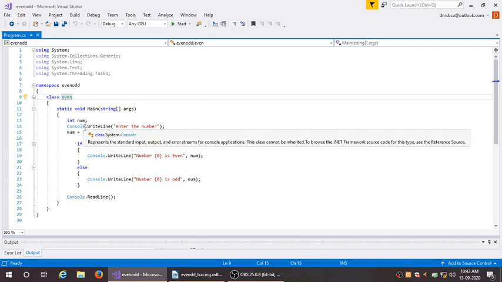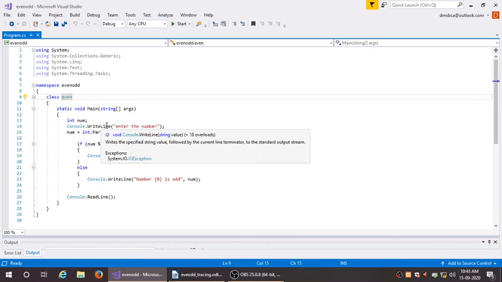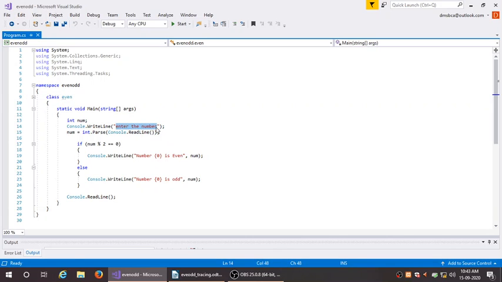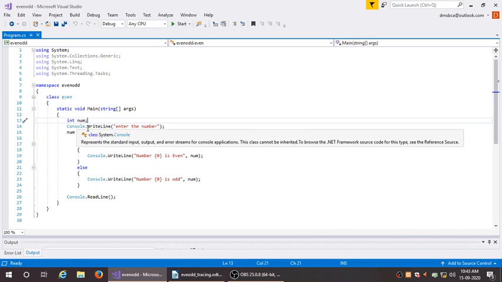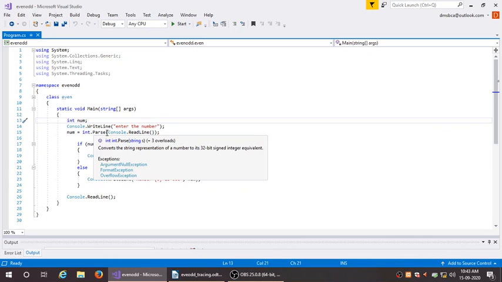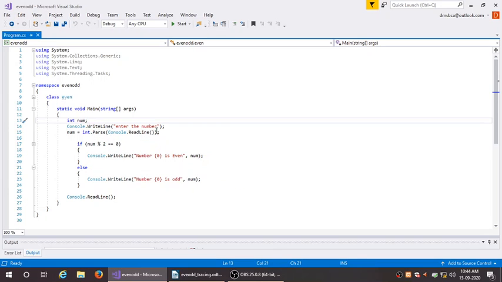After that, Console.WriteLine, in brackets, Enter the number. This line prints this message on the console. After that, num is equal to int.Parse(Console.ReadLine()).